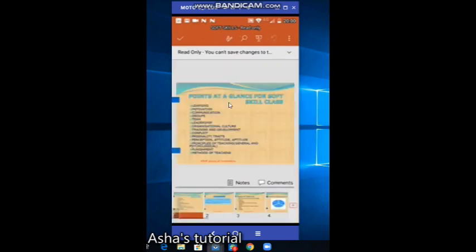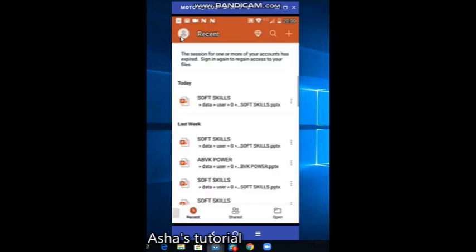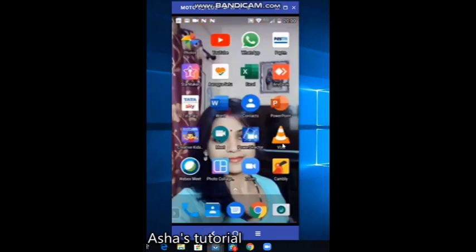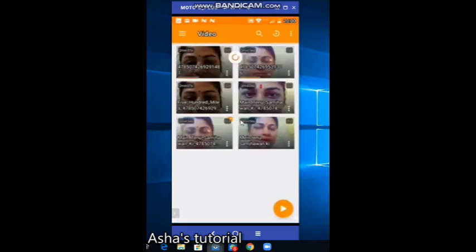You can zoom it, that is there in your hand, how much size you want. Okay, then I can share one video also. I'll go to VLC media player, and any video I can play.